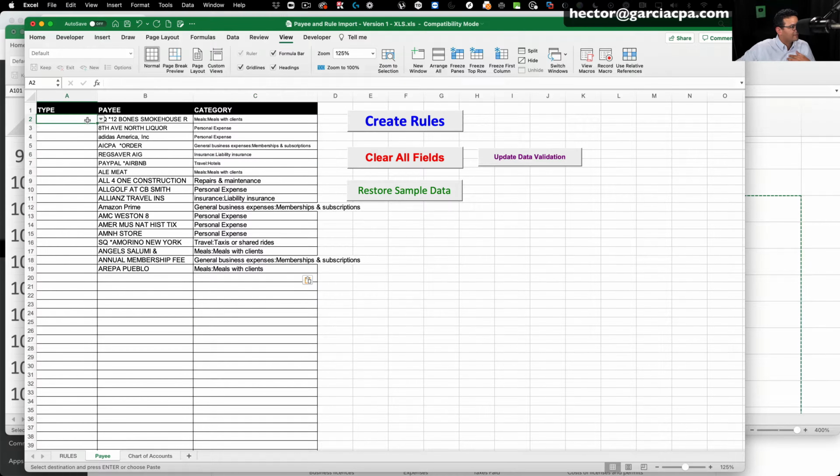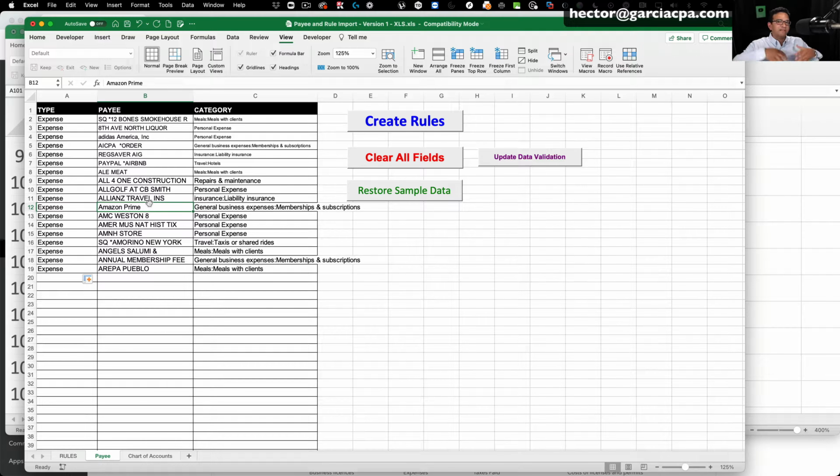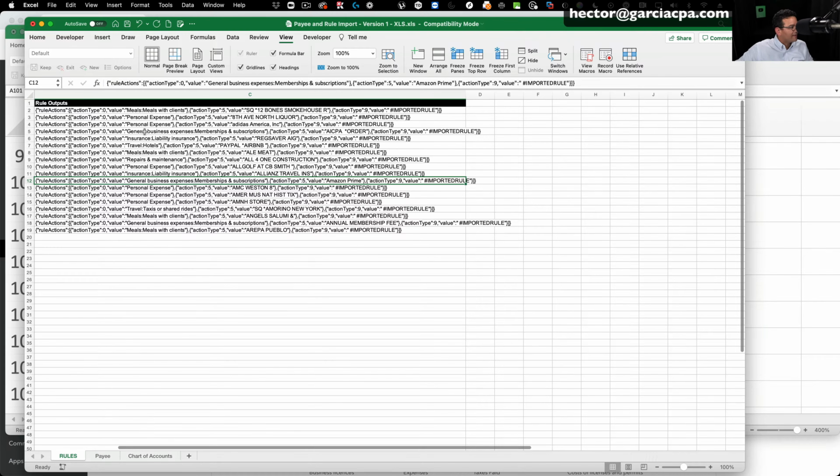Perfect. All I need to do here is tell it whether it's a money in or money out. I usually do all money ins and all money outs in different batches. So I'm going to do one expense and then double click here and just bring that down. So the spreadsheet knows if it's expense, it's money out. If it's deposit, the other category, it's money in. Okay, beautiful. So now I'm going to click on create rules and go into my rules tab and see what